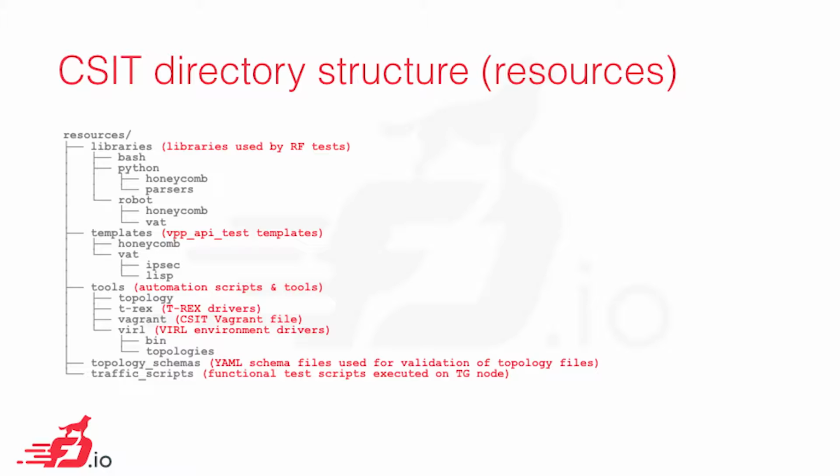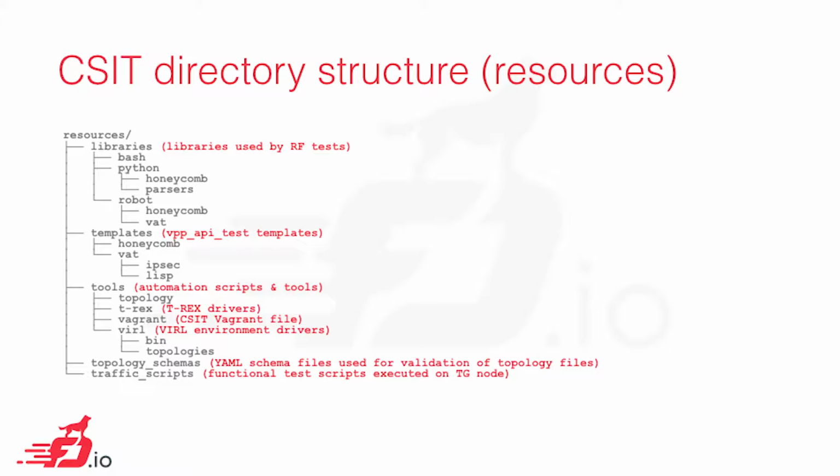So for example, bringing up the interface: if there is a call which brings up the interface, then there is a curly bracket where the code fills in the necessary information before it executes on a VPP node, before it pushes to the VPP API test. So those are the templates, and then the tooling is everything else, like installation of T-Rex,